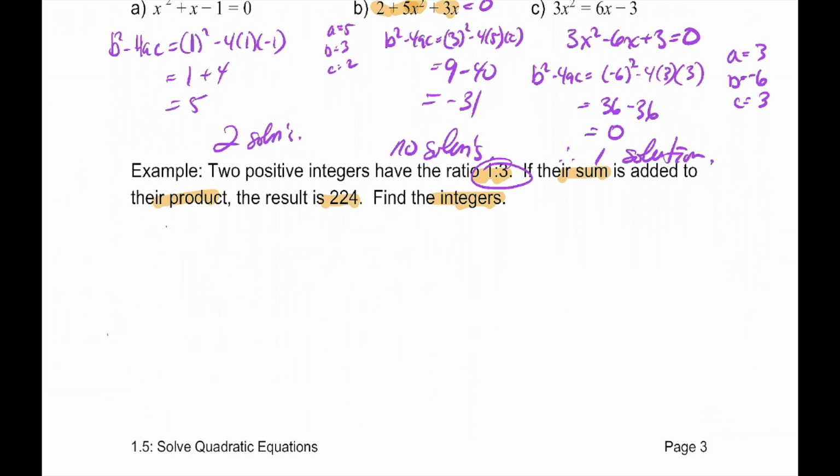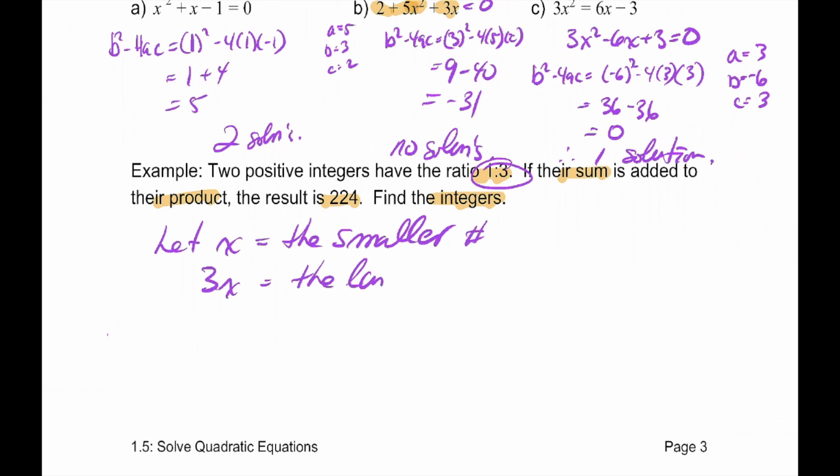So we're going to let x be the smaller number, and 3x is the larger number. And how do I get that? Is this 1 to 3 ratio, so the numbers have to be related in some ways. So what's my equation going to be? Well, it says the sum, so x plus 3x, is added to the product, so x times 3x, that's going